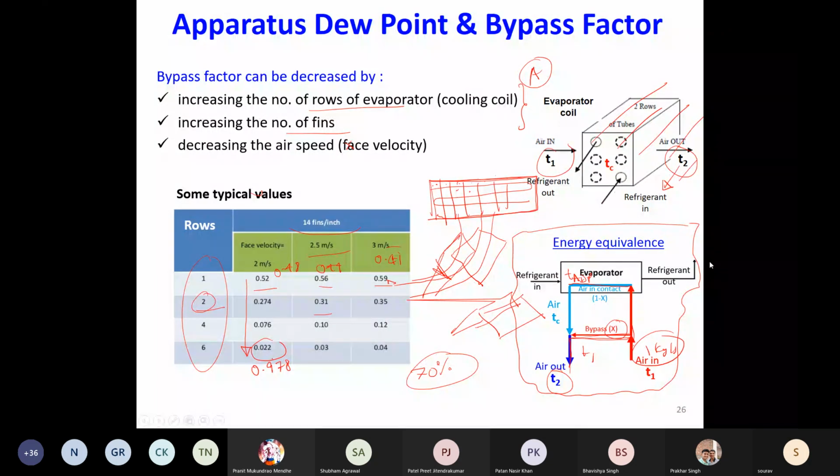So what is that X fraction which, if it completely bypasses the coil and 1 minus X passes through the coil with full effect, full 100% effectiveness, you get back the same temperature once you mix this bypassed air and the air which is